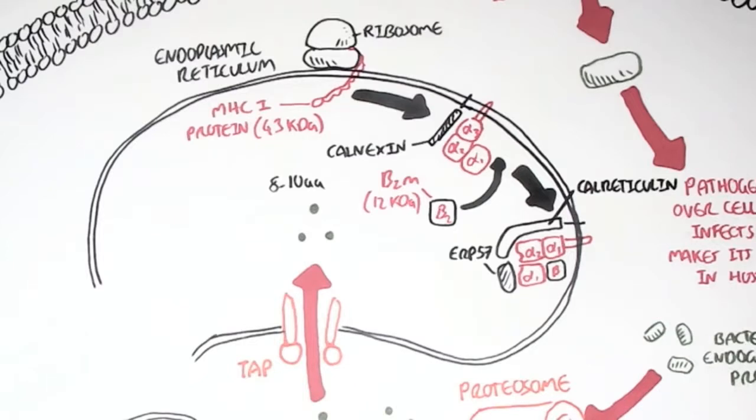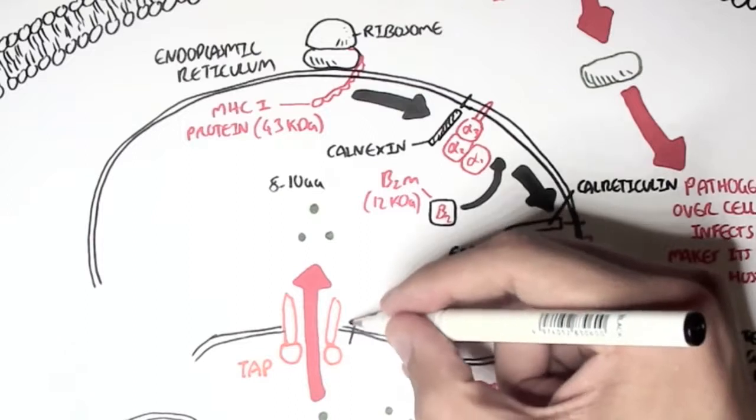So what do these proteins do? Well, calreticulin and ERP57 will essentially cover the binding groove, the binding site of the MHC class 1, which will prevent peptides, antigens, from interacting with the binding site of MHC class 1. Further,